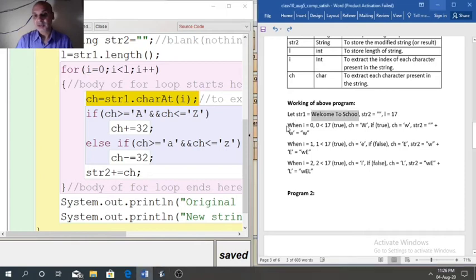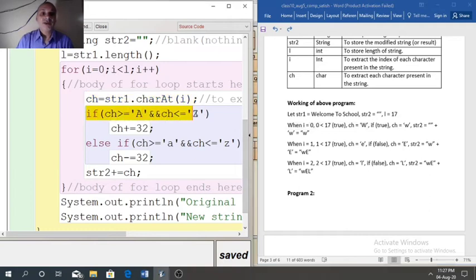So here in the working you can see first character is capital W. So at 0 index ch will store capital W. After that, if condition will satisfy, because capital W is a uppercase letter, then body of if will run.